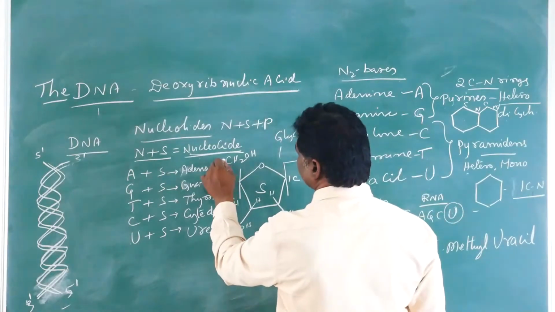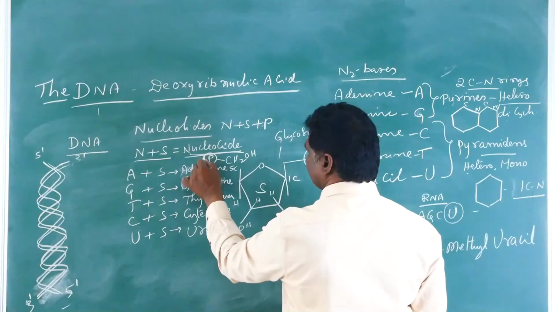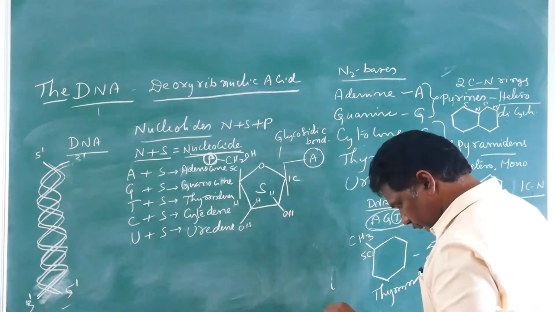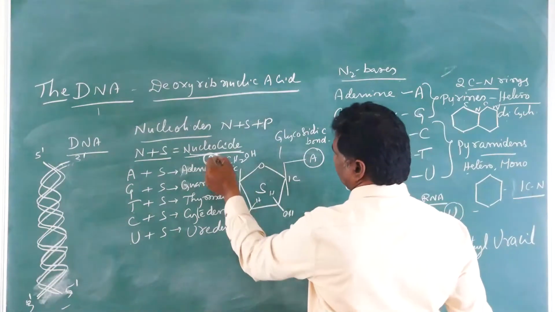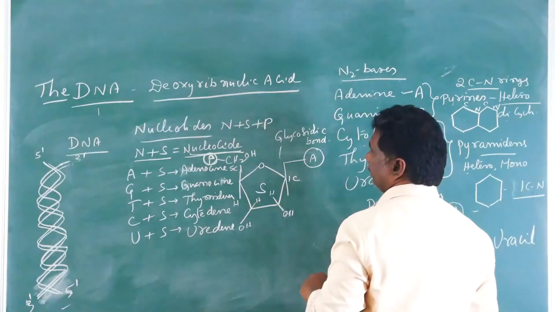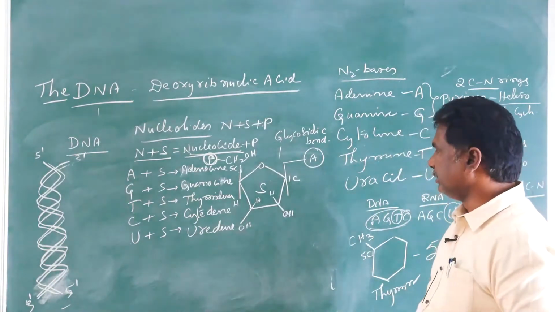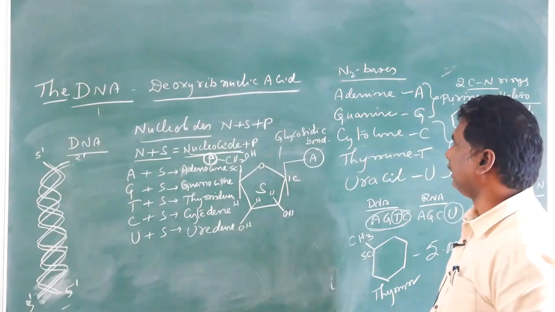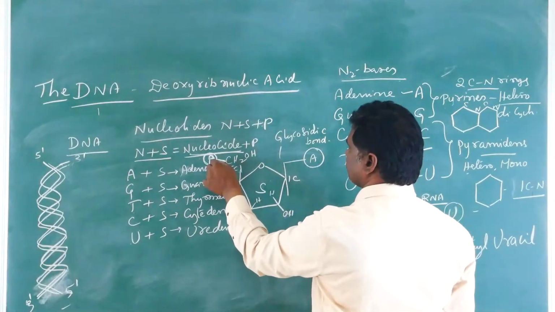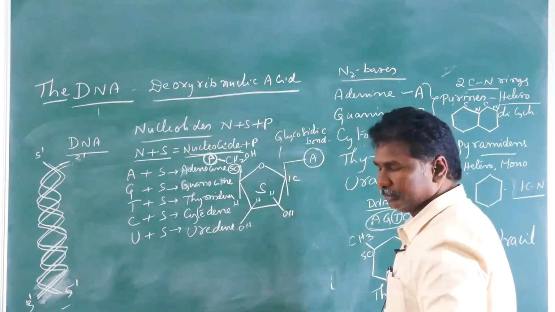That phosphate is always attached to the fifth carbon atom, to form a nucleotide. A nucleoside with phosphate is called a nucleotide. So it is nitrogen base, sugar with phosphate. That phosphate is always attached to the fifth carbon atom with the help of